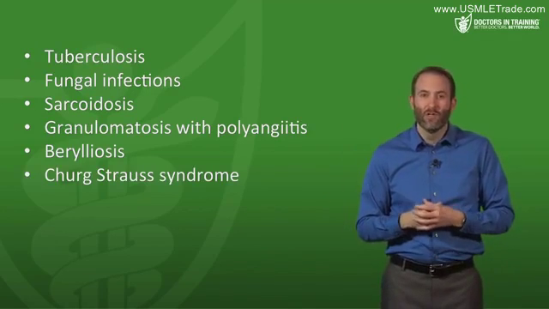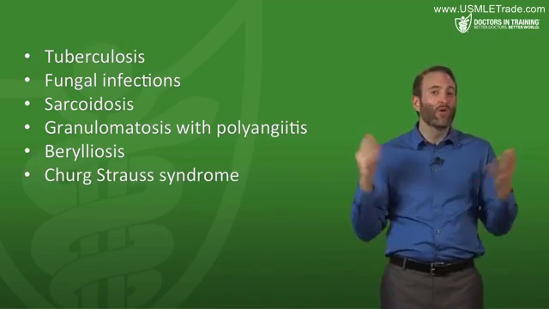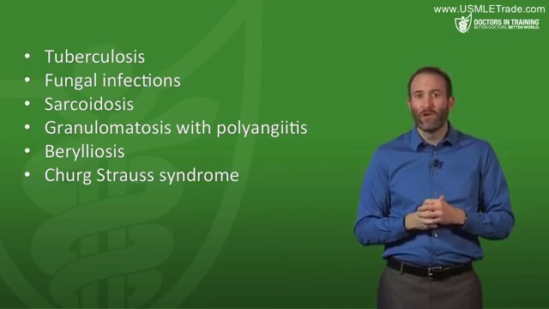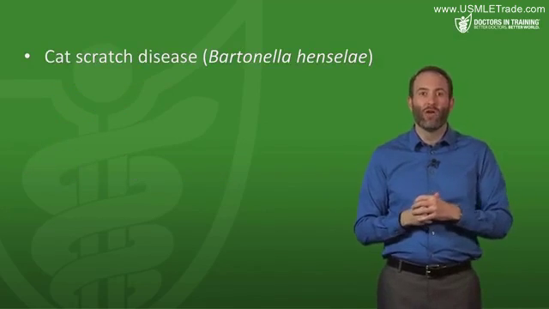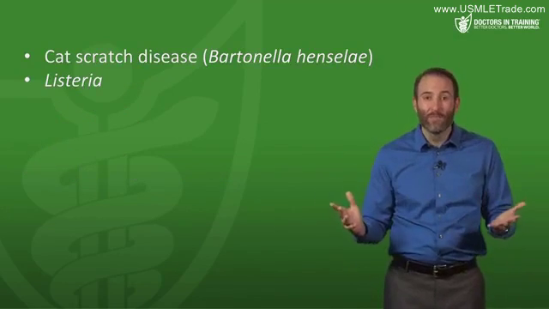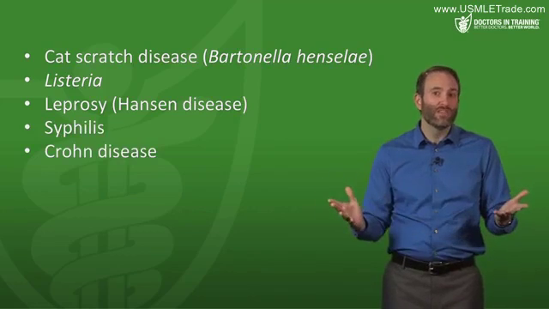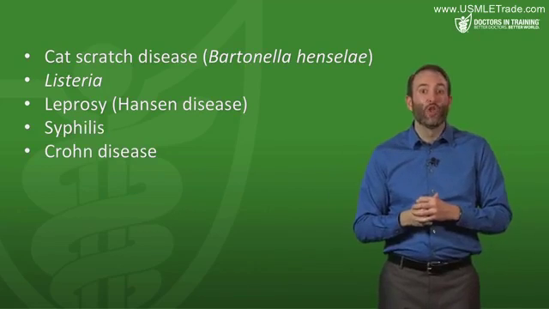Churg-Strauss syndrome, also referred to as eosinophilic granulomatosis with polyangiitis, is another autoimmune disease that can result in granulomas. And then moving away from pulmonary diseases, cat scratch disease can cause granulomas, and this is caused by Bartonella henselae. There's listeria. Leprosy can cause granulomas, and also syphilis. And then Crohn's disease, another form of an inflammatory bowel disease where you're going to get granulomas in the GI